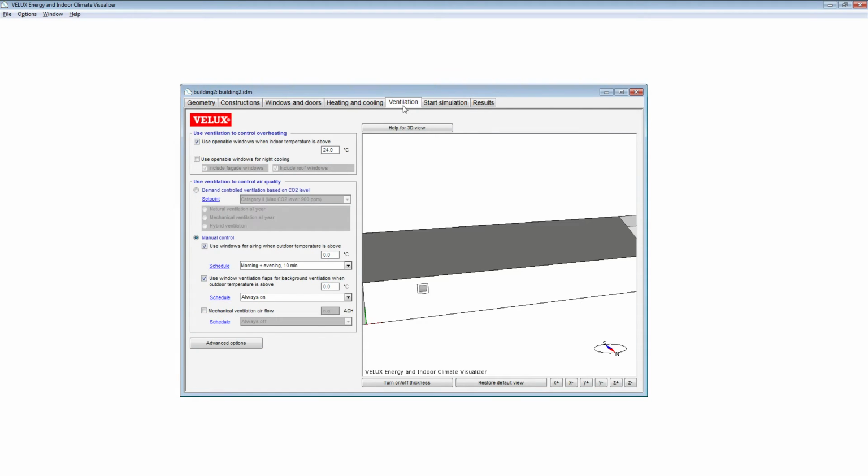In the ventilation tab, we will go further into the ventilation control. And here we can use this natural ventilation system, which is opening the windows. Here we can set the point where openings should be performed.